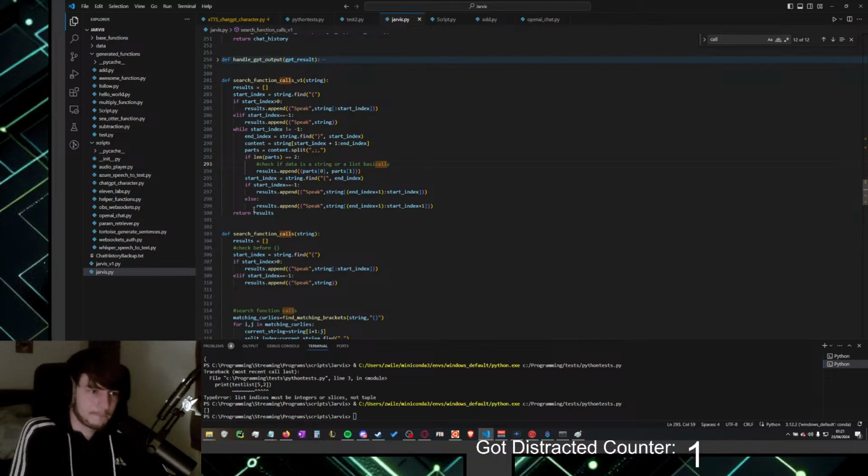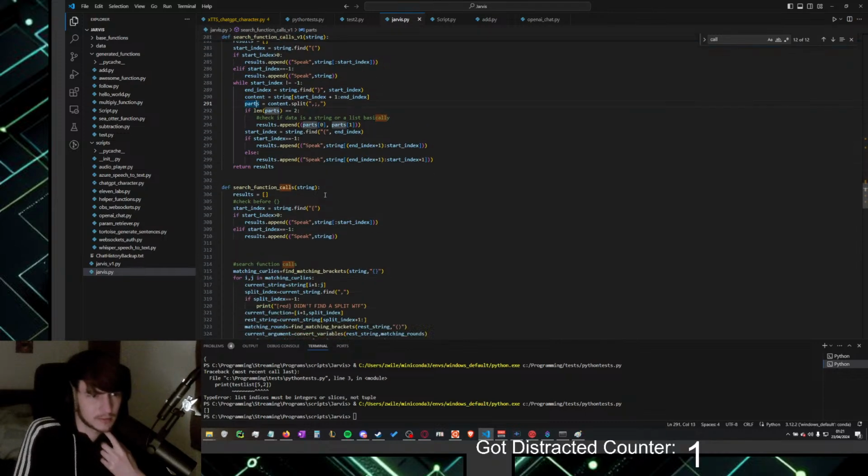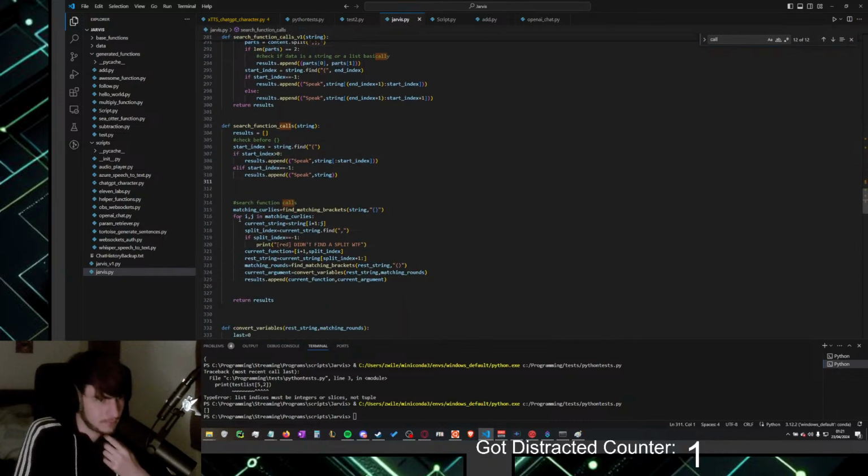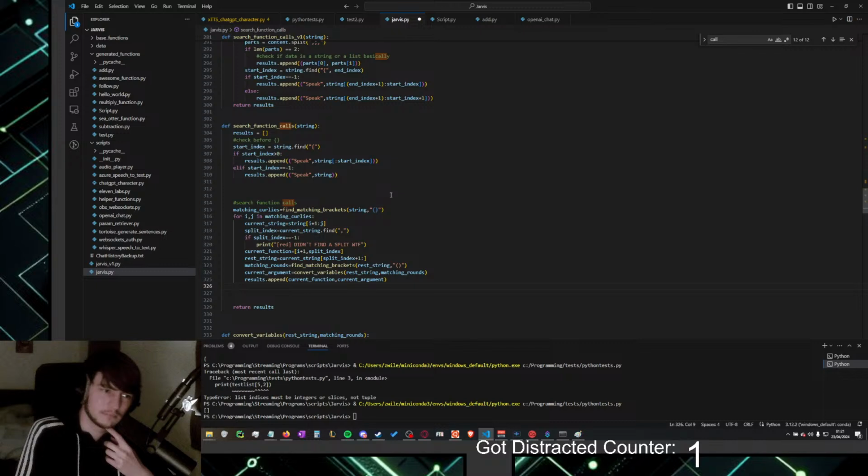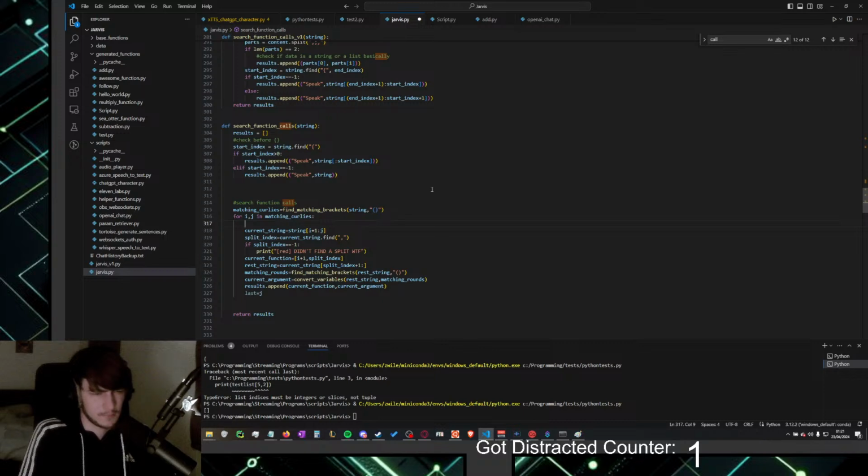Now, I just need to check between the function calls. So I should probably also put, let's do the same trick as I did in the other one.